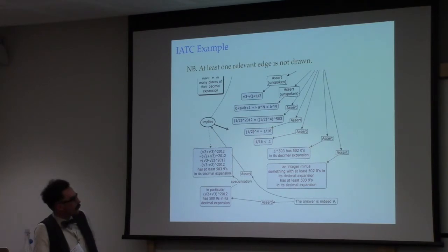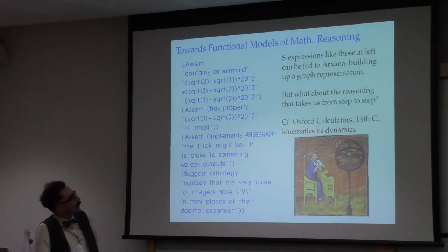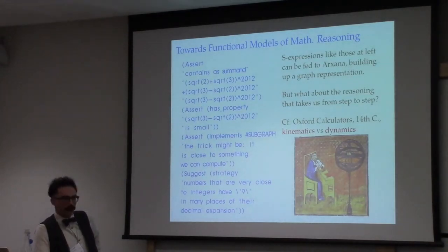So this thing specializes. Anyway, it's 9 because it's small enough that we've got 502 zeros in the decimal expansion of the thing, so there's 503 nines in the thing that you subtract off. Okay, so the answer is 9. Okay, great. So that was the proof, and if you were all mathematicians, you'd say, oh wow, that's so great. Stop talking now, so let me check the proof. That's really